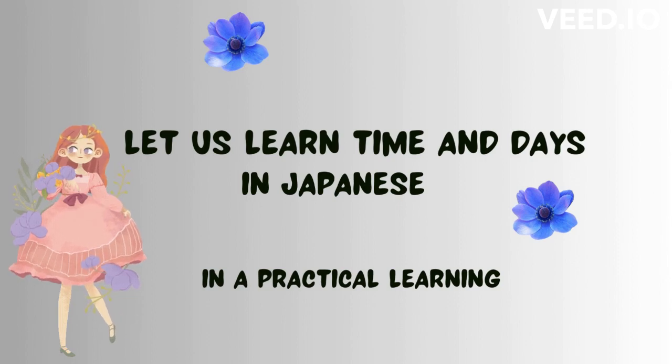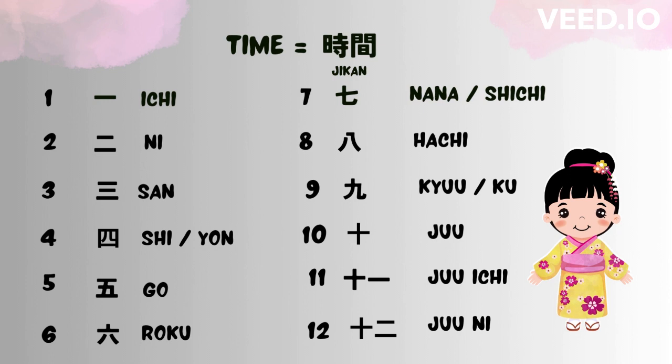Let us learn time and days in Japanese in a practical way. Time is 時間. 1, 2, 3, 4, 5,